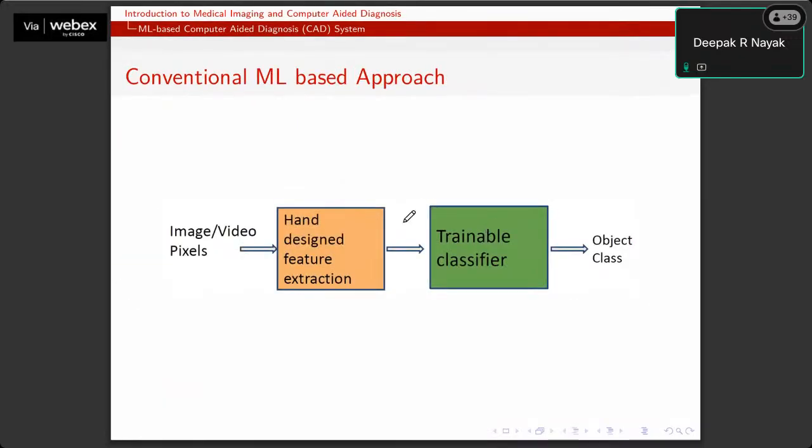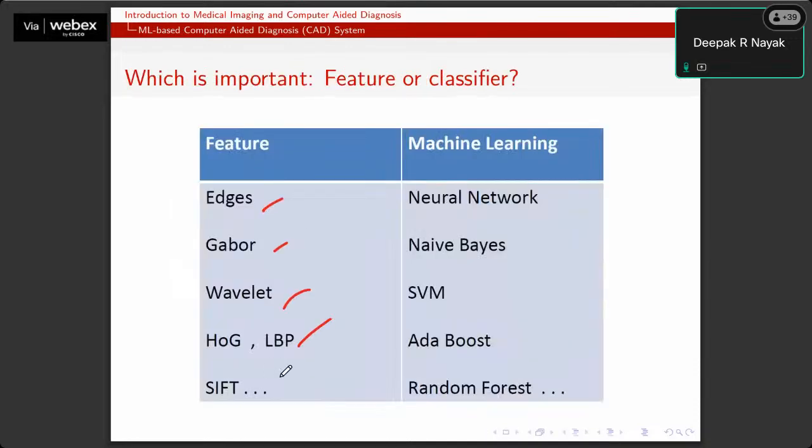The major concern, as we just saw, is that the two most important stages are of course feature extraction and classification. For feature extraction we have different types of features. These are some of the algorithms: wavelet, edge detection based algorithms, histogram of gradients, local binary pattern, and scale invariant feature transform, which is also very scale invariant. These are very important feature extraction algorithms that have been applied in several fields of image processing and medical imaging as well. But you need some domain expertise to decide what kind of algorithm is going to be useful for us.